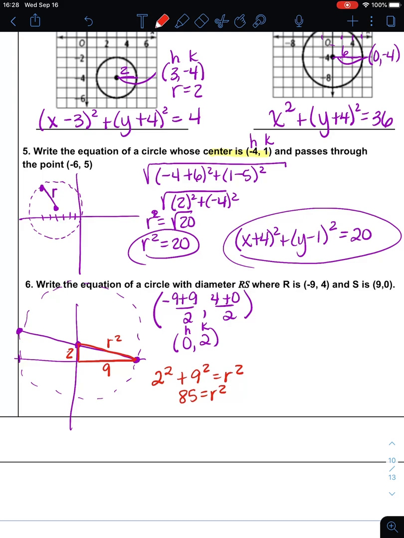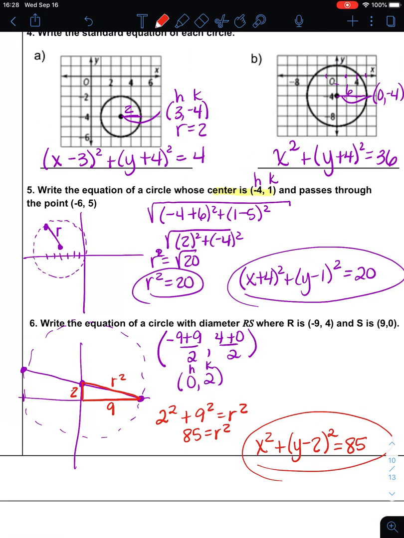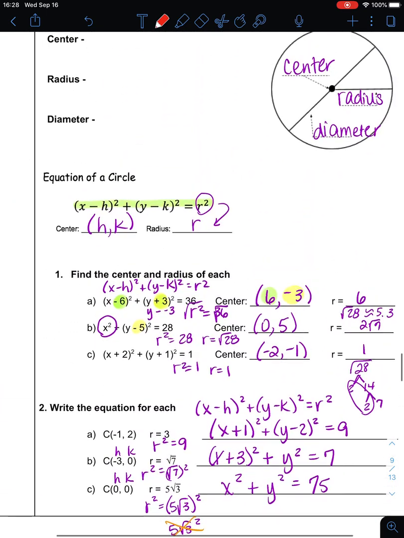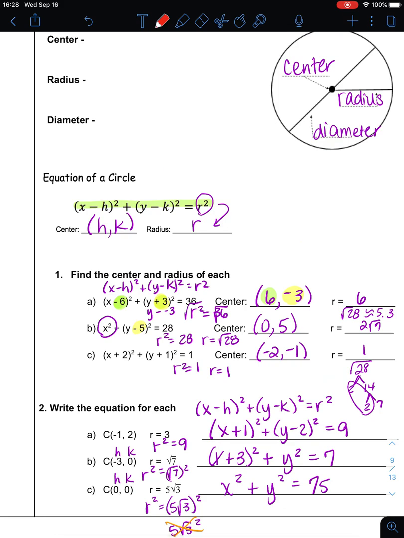So now you finish out your equation. So you have x minus 0, or x squared, plus y minus k, which was 2, squared is equal to r squared, which is 85. So it's important to know how to use the formula: one, that the formula exists, and two, how to use it. So be sure that you are careful with how you write the equation. Your h and your k is your center, your r is your radius, but r squared is what's in the equation. So be sure that you take the square root of it when you want to take it out and find